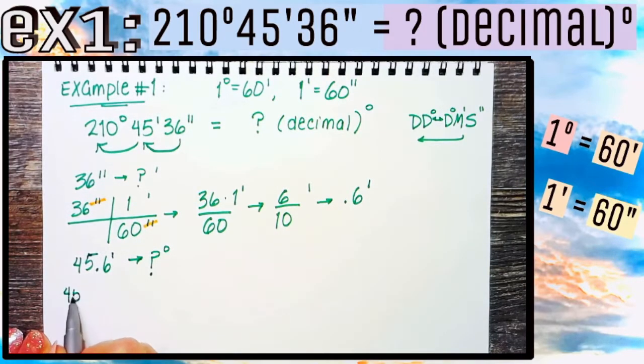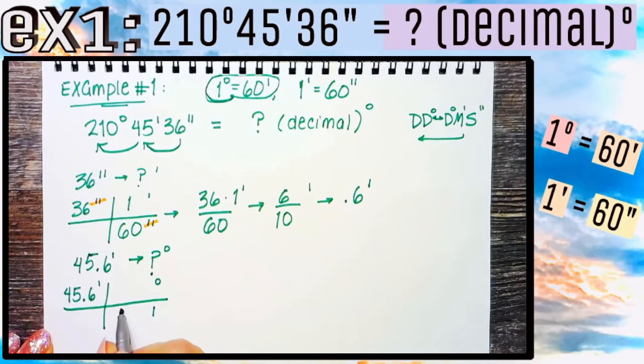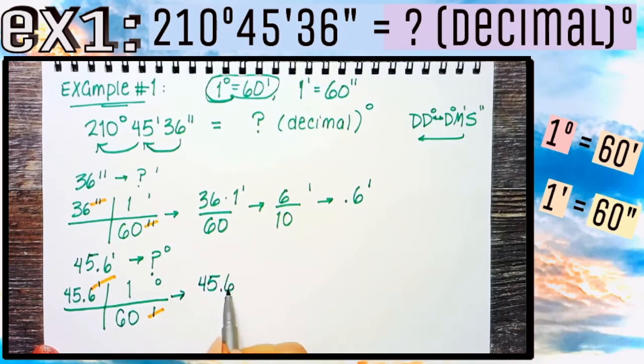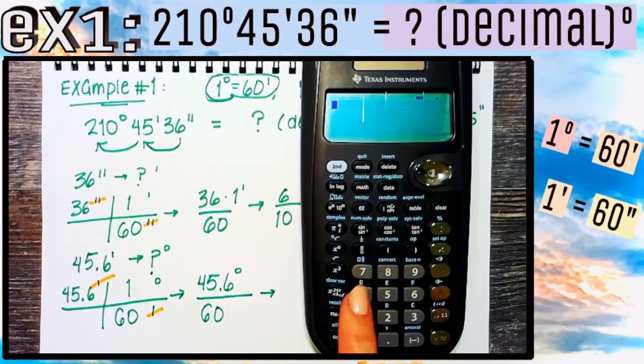Since we want the minutes to reduce, our 45.6 minutes in the top left corner needs a minute as the unit on the bottom right. 1 degree equals 60 minutes. With those minutes reduced, we're left with 45.6 times 1 degree over 60, and using our calculator, we find that that's equal to